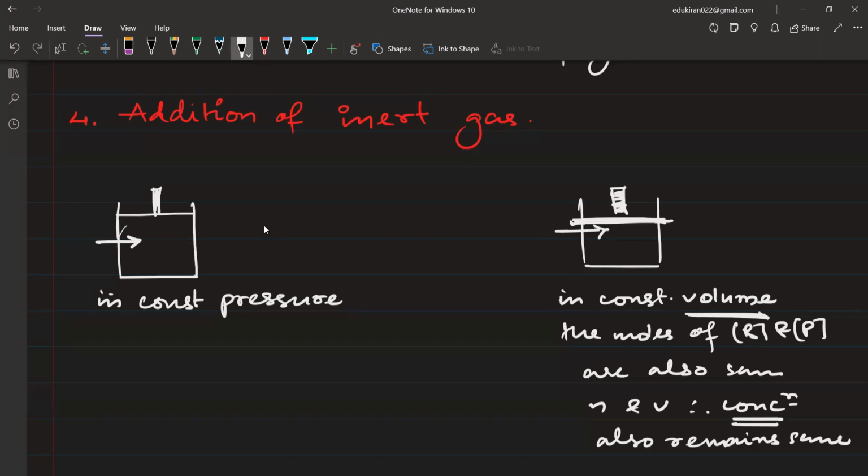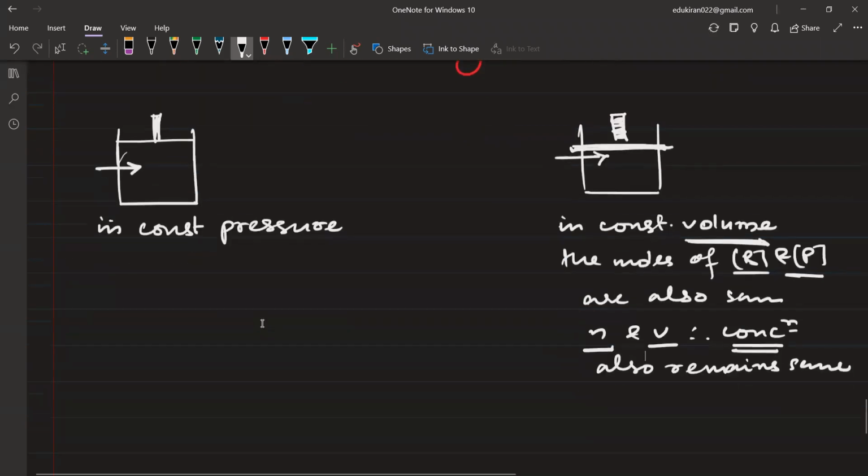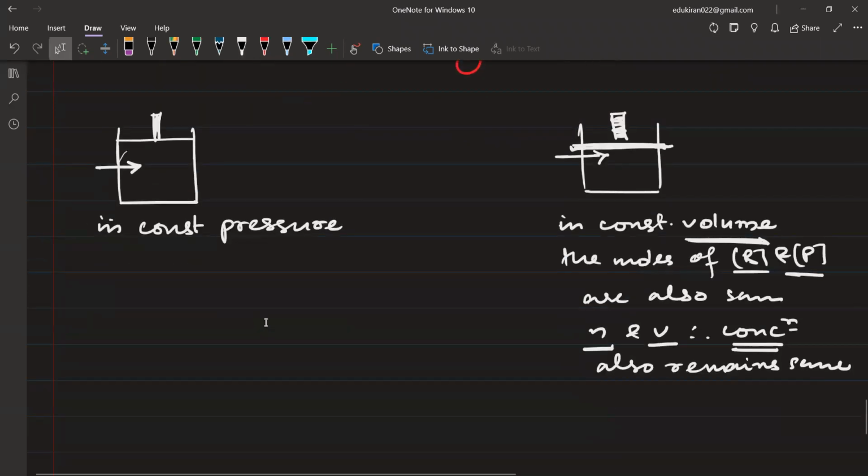In constant volume the number of moles of reactant and product are also same, because number of moles of reactant and product हम change नहीं कर रहे हैं, equilibrium has been established and that is as it is. तो number of moles भी change नहीं हो रहा है, constant volume है तो volume भी change नहीं हो रहा है, therefore the concentration also remains same and hence there will be no change. मतलब inert gas add करने से there is going to be no change. Okay, so आपका equilibrium में कोई effect आने वाला है नहीं. So you'll write therefore no effect